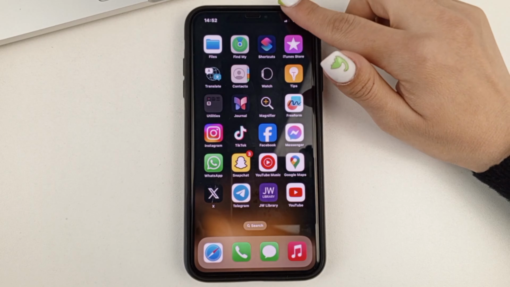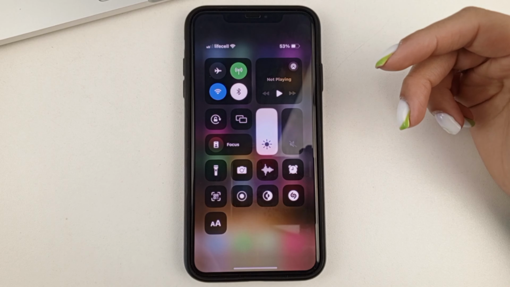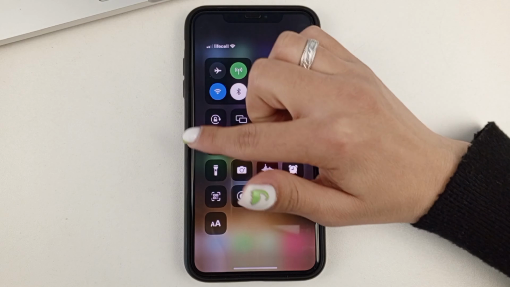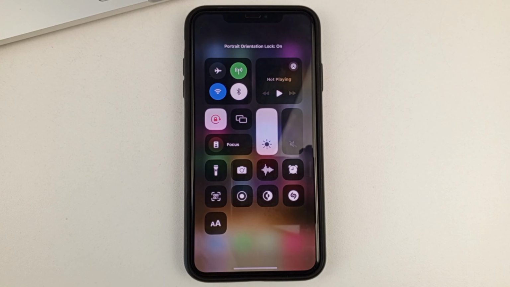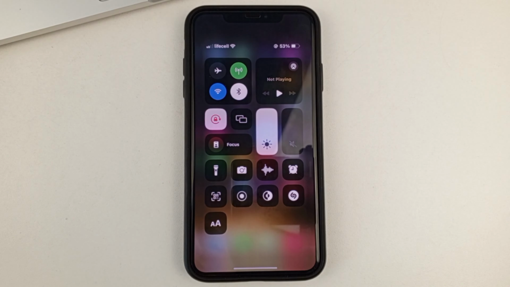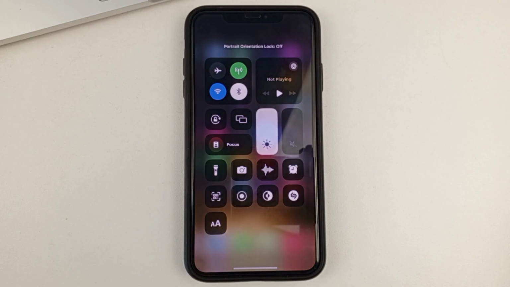First, swipe from the right side from top to bottom in order to go to the control center. And when you're in the menu, make sure that this shortcut here, the auto rotate lock shortcut, is not active. If you do have it active, like I have it active at the moment, then that means you may have accidentally locked the auto rotate. So just deactivate it. This way, you will be able to further use auto rotate on your iPhone.